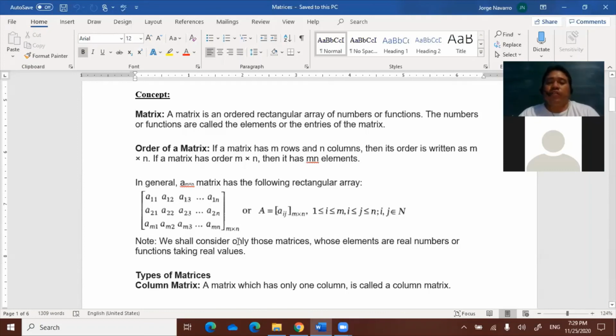It says, we shall consider only those matrices whose elements are real or functions taking real values. Okay? Don't worry about this notation here for now. Okay, types